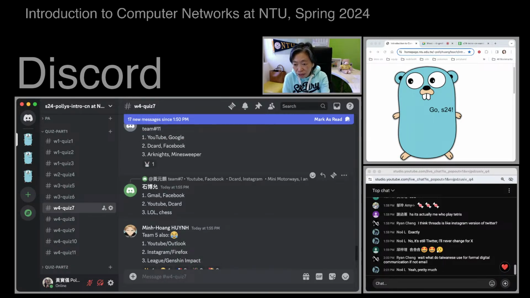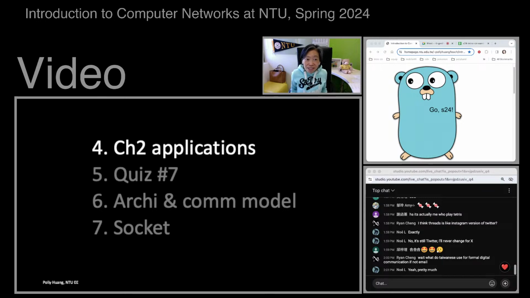Yeah, thank you also for the additional input from the teammates, on top of the original post. You know what, guys? These are all network apps. All these things that you use are networked, and they all require the internet to work. So you see that network applications concern our life very much. And I kind of envision some of you turning out to be app developers as well. So this video is to give you an idea of the principle of how these network applications work.